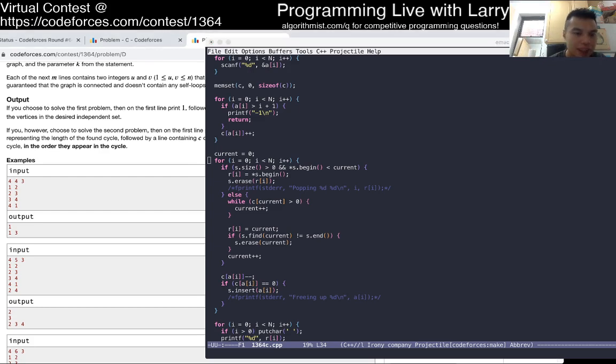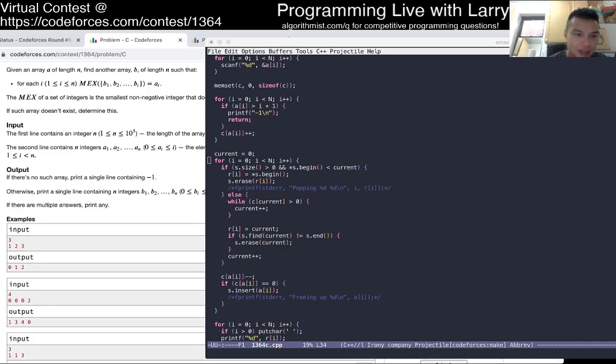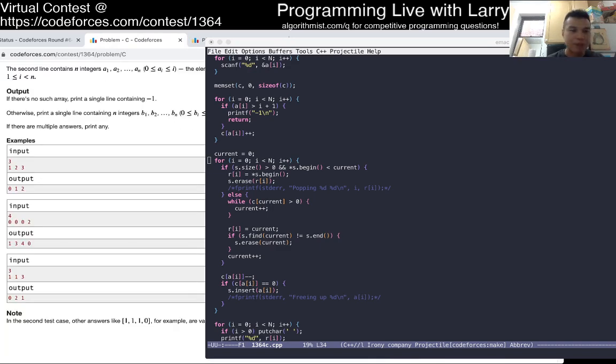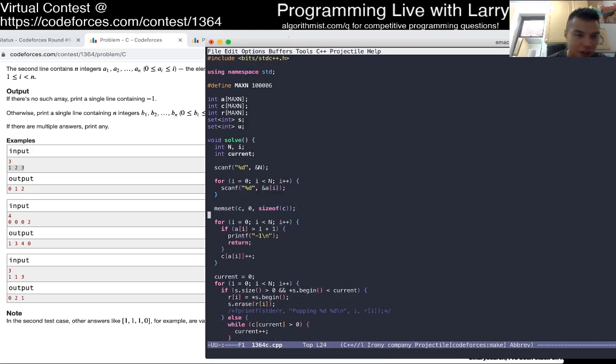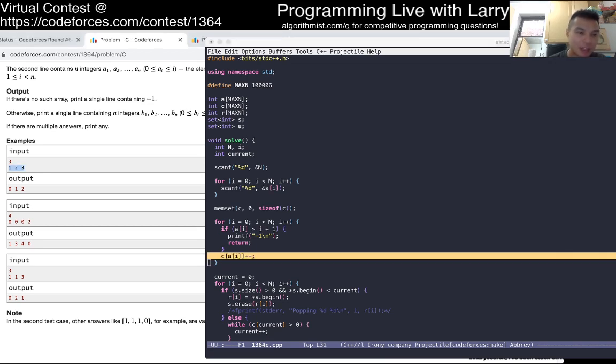But the key part of problem C is noting that I keep track of two things. One is all the future numbers. So we do one pass to keep track of all the future numbers that we cannot use.